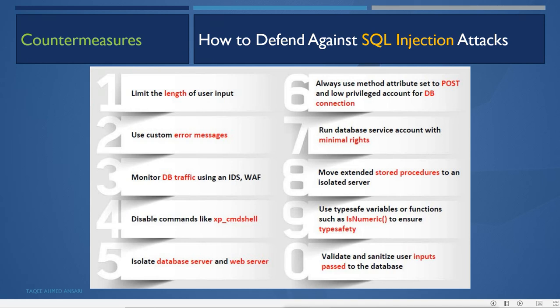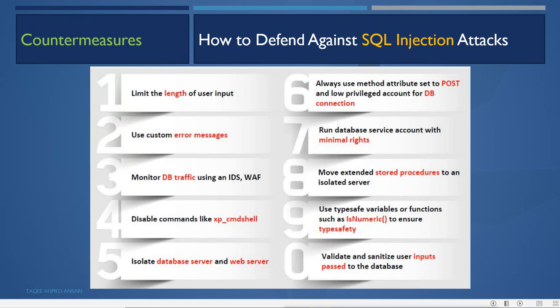So if you are using a less privileged account for connecting to the database server, then if a malicious query is executed on the server, it will not run, it will get an error because the user is not privileged. Then number 7, run database services with a service account with minimal rights. That is the same thing as using a low privilege account for the database connection.